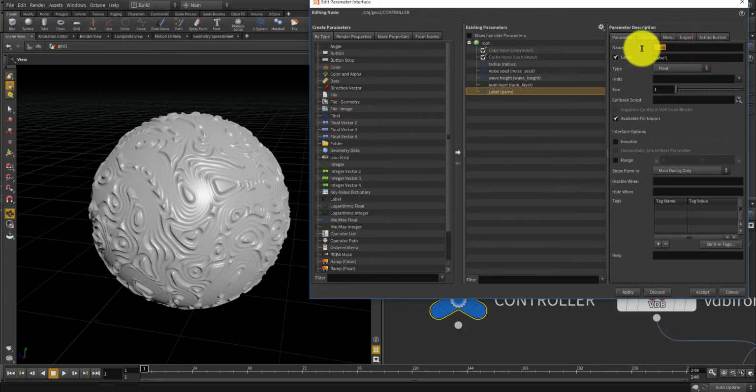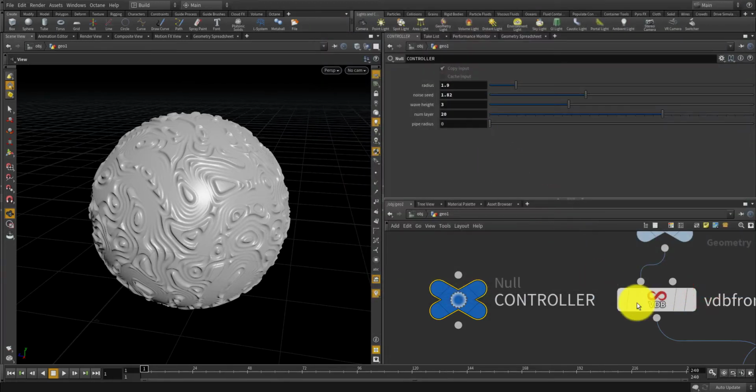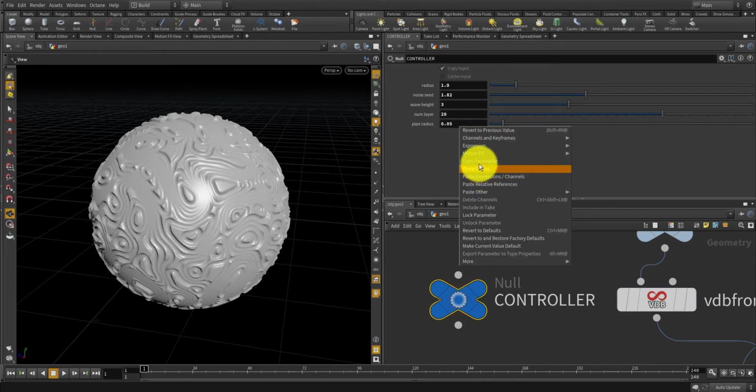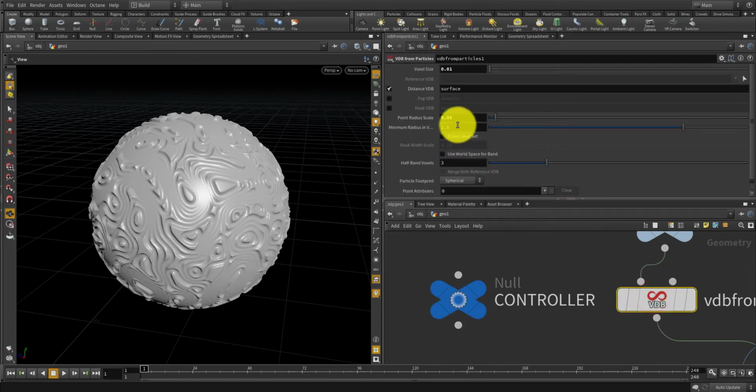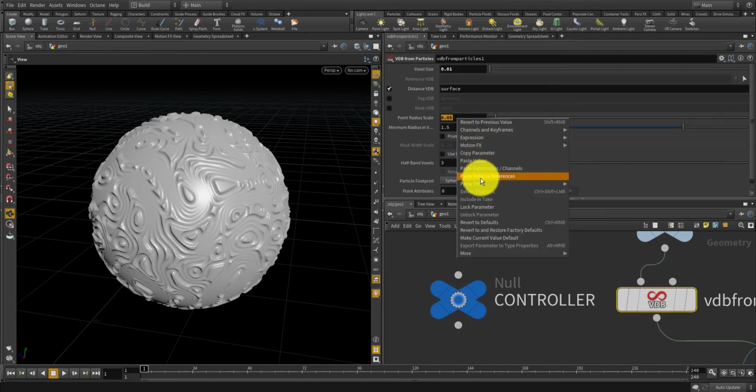Let's name it pipe radius, from 0 to 1. And paste it to